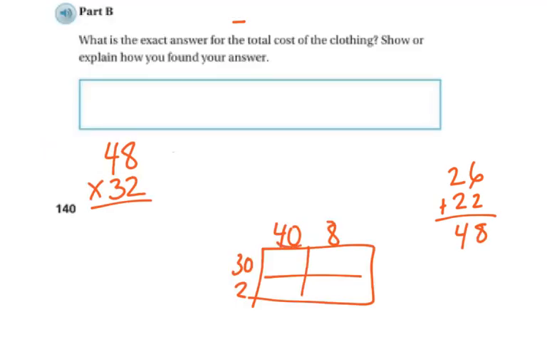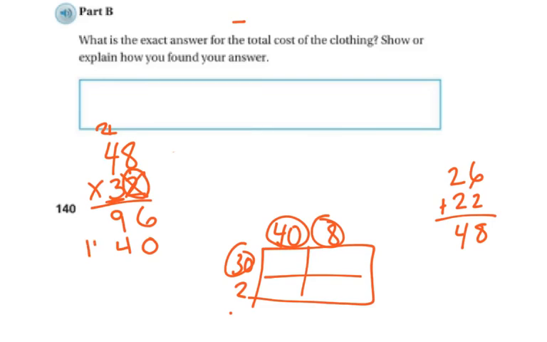So you could do it with an area model, doing 48 and 32 and getting your partial products, or you can do it your parents' way by going 2 times 8, which is 16, regroup my 1. 2 times 4 is 8, plus 1 is 9. And now I'm done with my 1s and I'm on to my 10s, so I put my 0 here. 3 times 8 is 24, regroup my 2. 3 times 4 is 12, plus the 2 is 14. Add them together, I get 6, 9, 10, I get 13. Regroup 5, so you should be